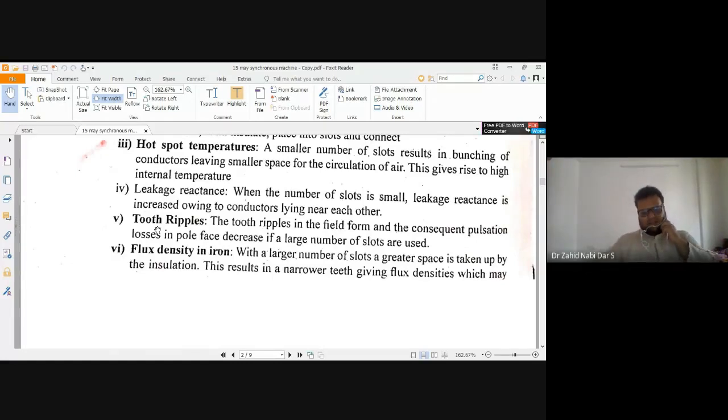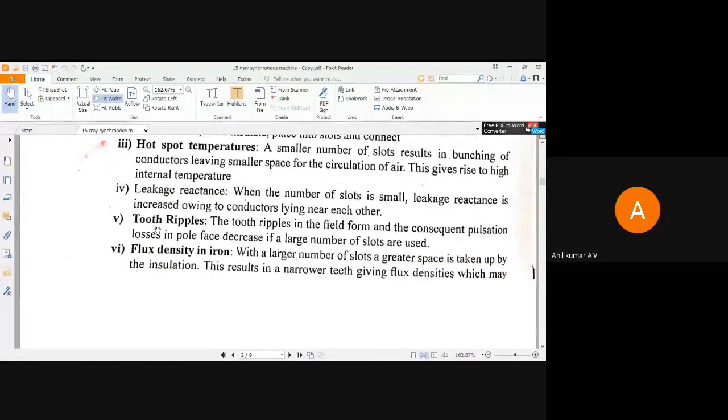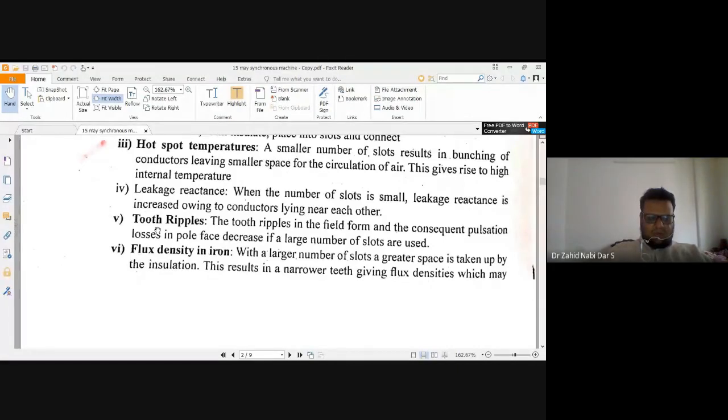What do you mean by ripples? Yes, you tell me what is ripple. Anybody from the class can tell me what you mean by a ripple? Yes, sir. Can you tell me? No, no, what is...